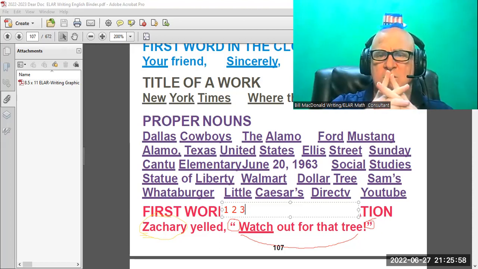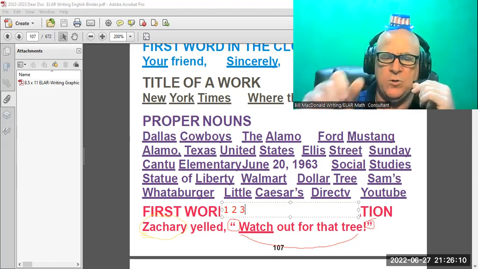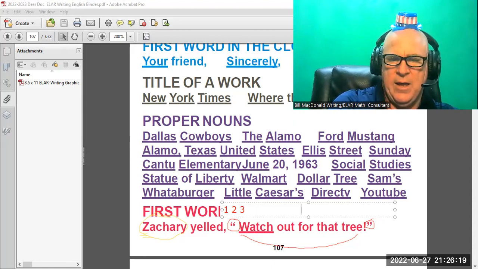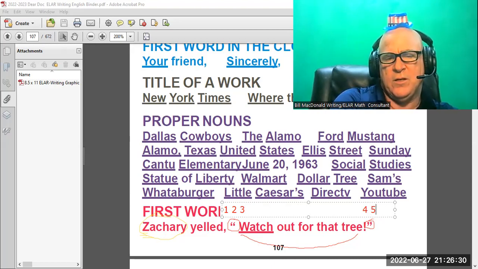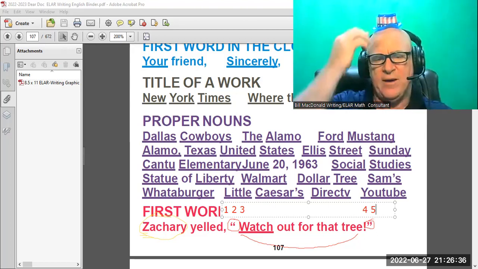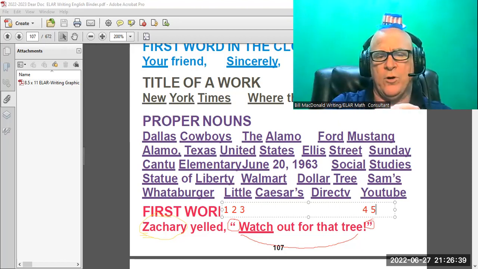Comma, quotation, capital. The watch is slow, shift, size. Watch out for that tree, all the things that came out of Zachary's mouth. Closing. So I'm going to extend this opening of this sentence here. You can see that way over here at the end of what was said, I'm going to close the sentence with a stop sign. And then I have my last quotation because the person's done talking. And so if we said, watch out for that tree, Zachary yelled, there's still five because they're just in a different order.